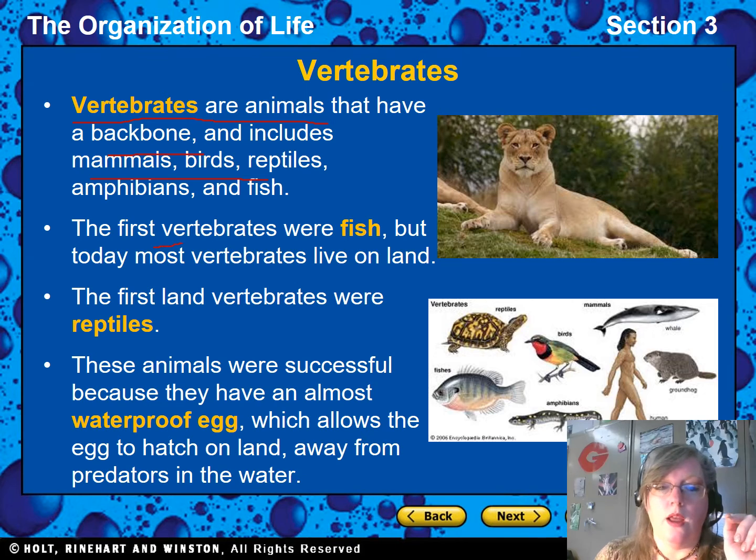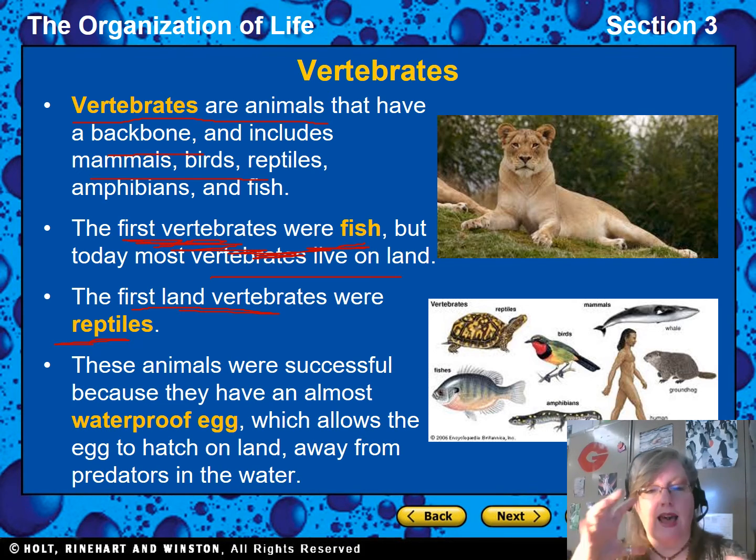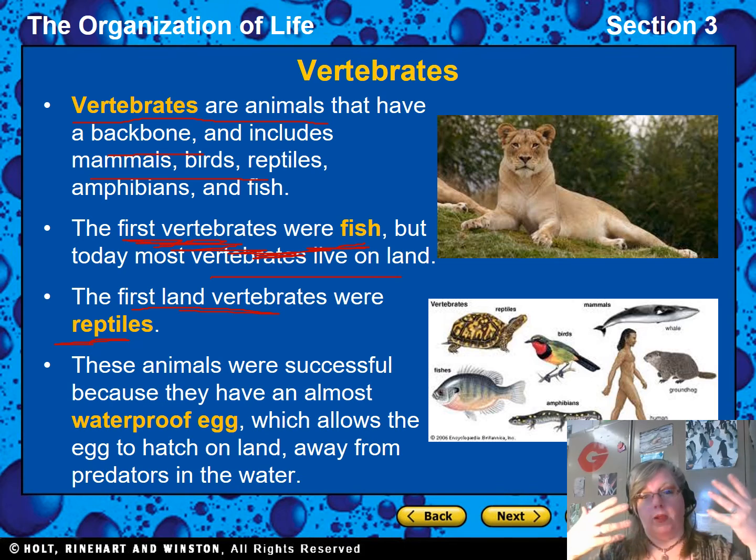All right, so the first vertebrates on Earth were fish. When the Earth was first forming, the very first animals to have bones at all were the fish. But now most of the vertebrates live on land. The first land vertebrates, the first ones to come up out of the water, were the reptiles. The amphibians have to stay in and out. So as you're moving up, think about when the Earth was first forming. You have the fish. They were the very first ones to,